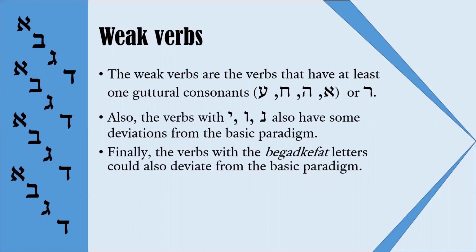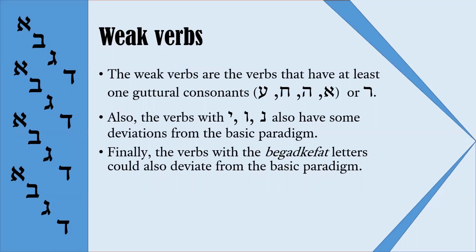Because it looks like it is the only verb that doesn't have any of these weaknesses. So it doesn't have any gutturals, doesn't have nun, vav, yud. It doesn't have bigat kefat letters,